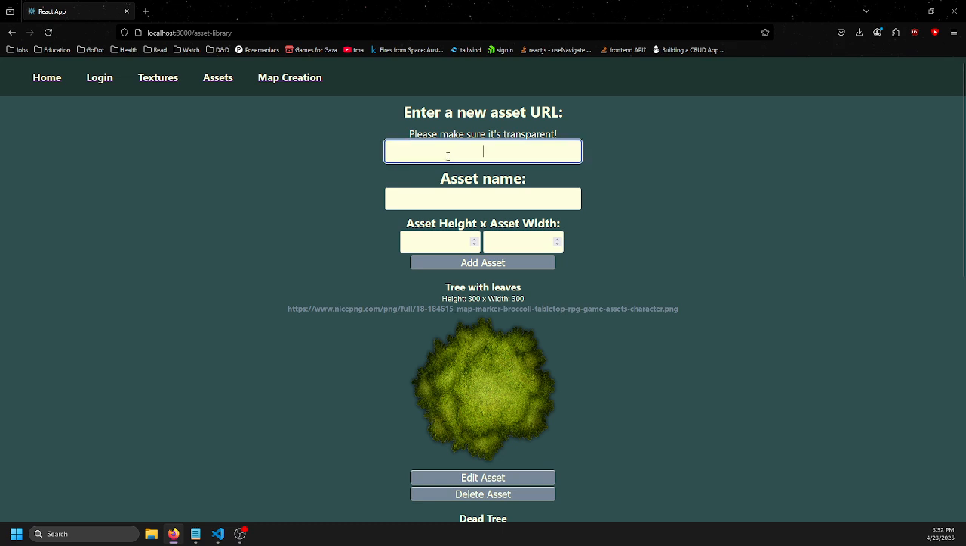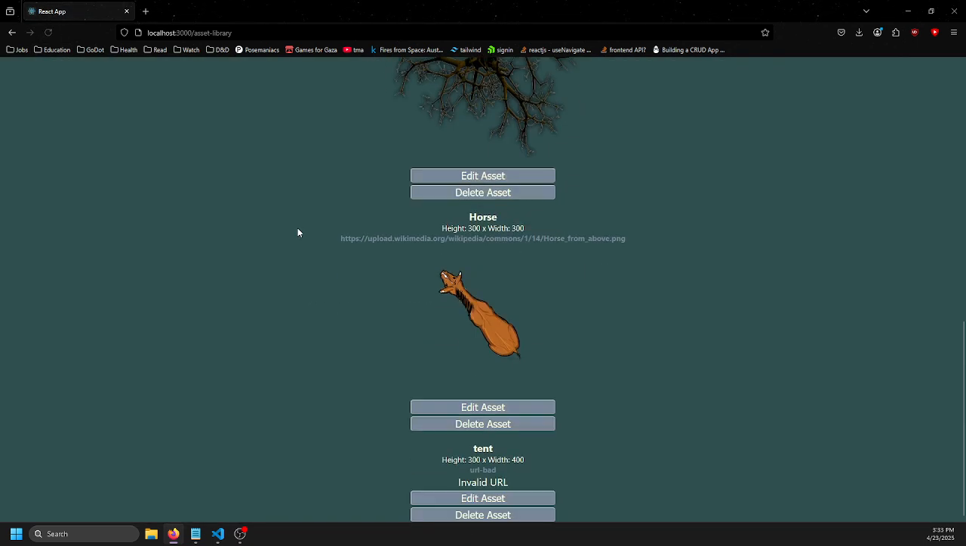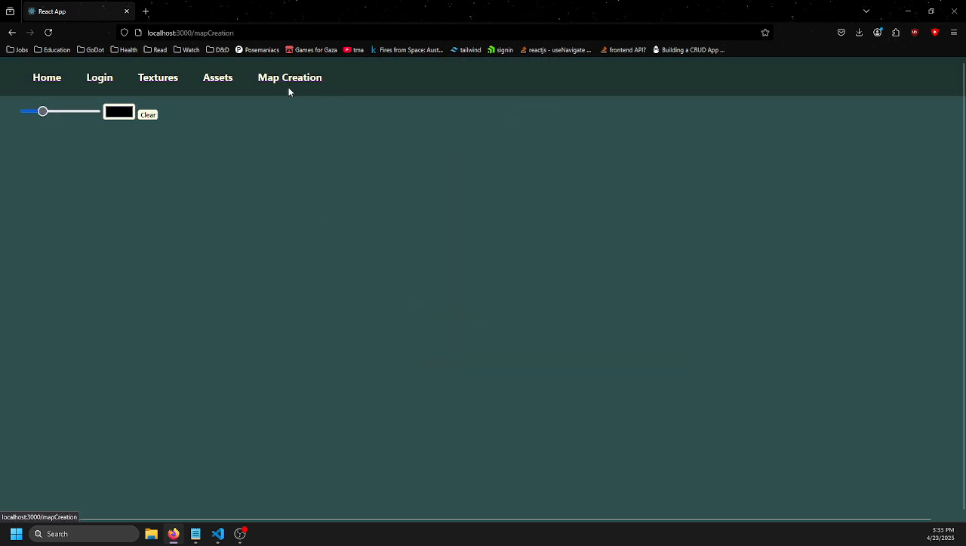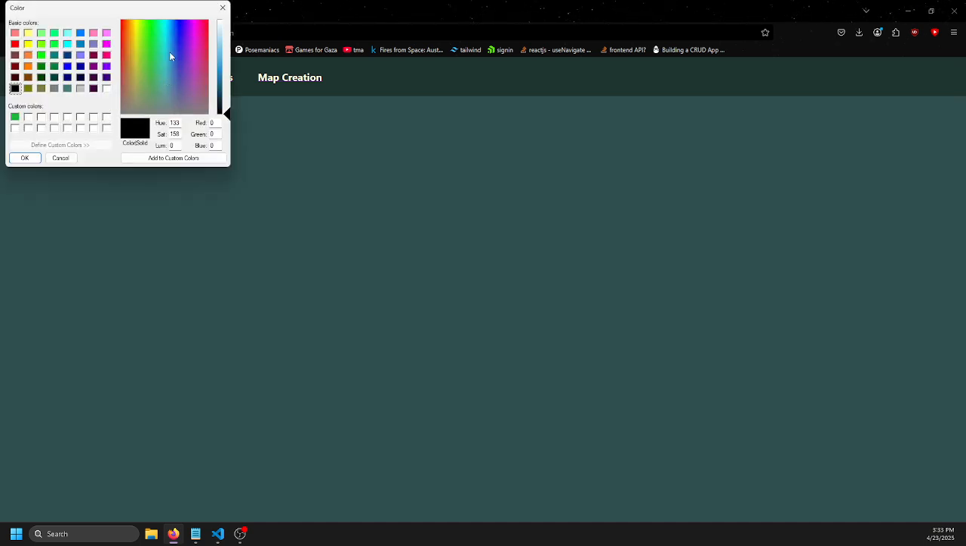And we can add stuff as well, but I don't have a URL immediately available. Probably should have prepped something for that, but let's say we're trying to add the tent back and we want it to be that size. And there we go. And then for actual map creation, I was using Canvas, so that allows you to create